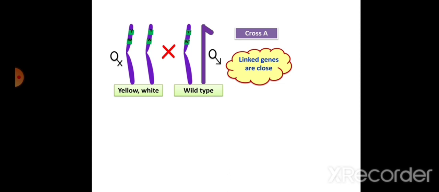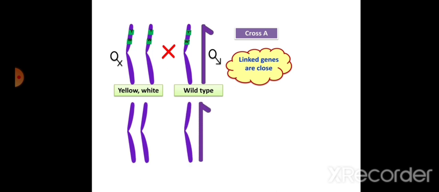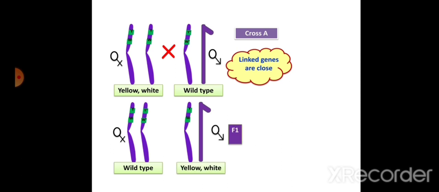So if we do this cross, in F1 we will get a female wild type, because the y and the w which are there in the female parent are recessive characters, whereas y raised to plus and w raised to plus are the dominant characters. So now here in the female chromosome we got y raised to plus and w raised to plus. So the female became a wild type, whereas the male is with y w, so the male will be yellow white. Now if this F1 is allowed for selfing, then in F2 we will get the following ratio.